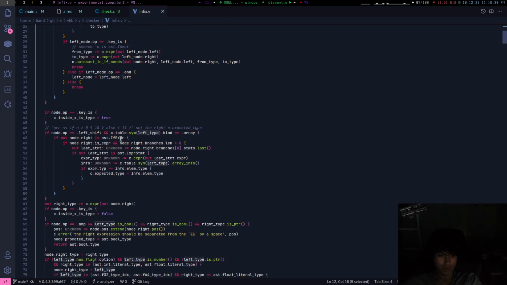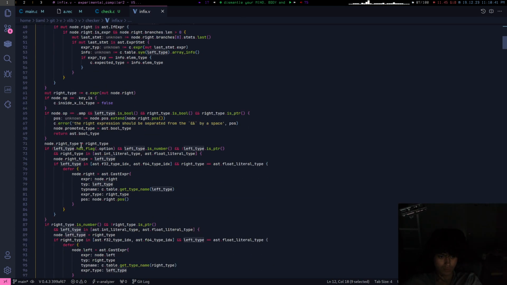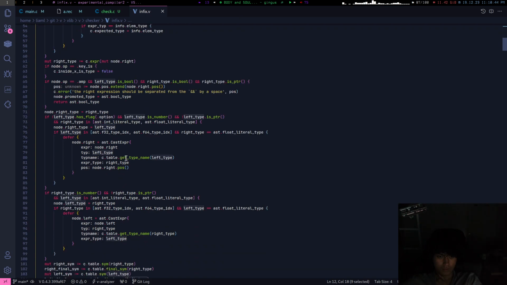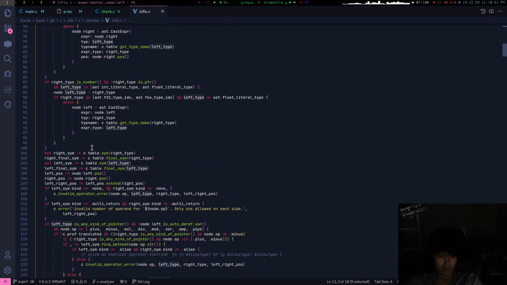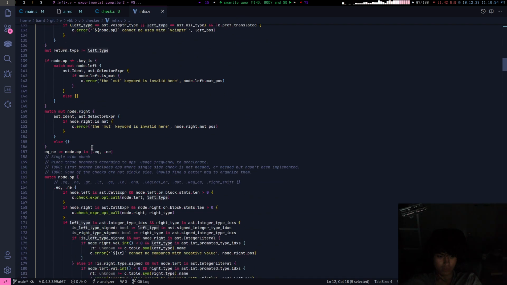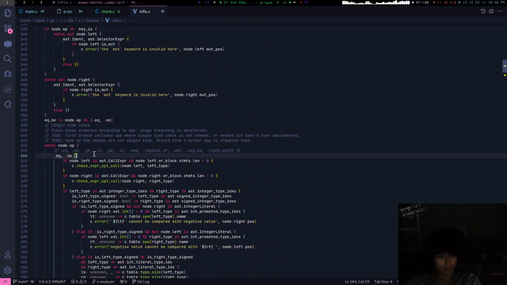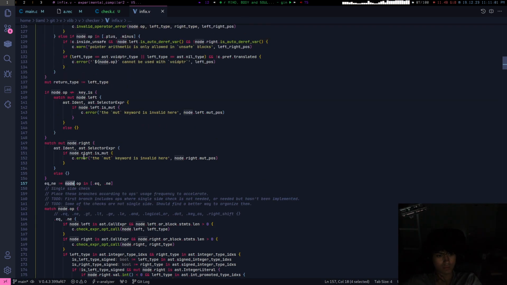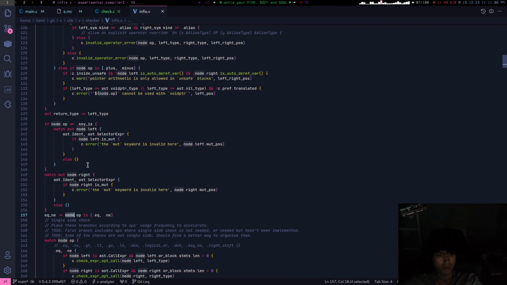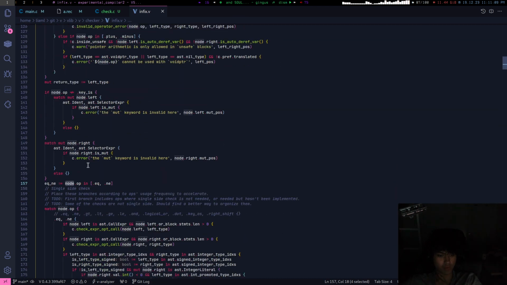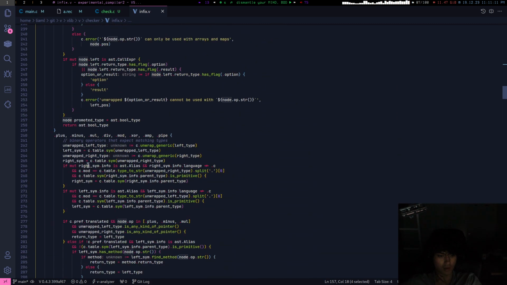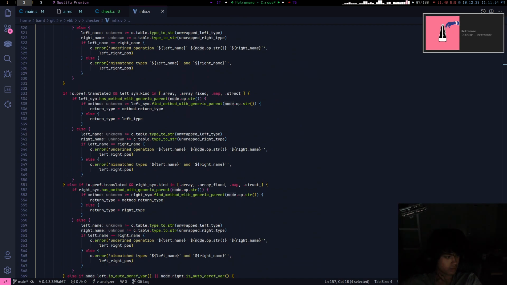Okay, so this left type. It's just a const expression. I don't know how they do it. Do they have some kind of table? What's the node op? Okay, this is an infix expression. If it's not equal, it does all this stuff.